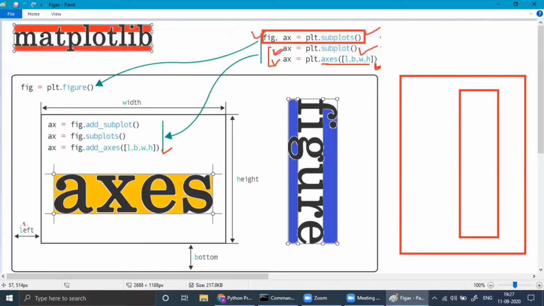See, this is left. This is a part of our syntax. Bottom will be given to you. Width and then height. So if you know these four attributes, then you will be able to put your axis object anywhere within the figure. So this is the first one, and then comes axis here. Anyway, we'll not be discussing this one. We are discussing about the first one today.